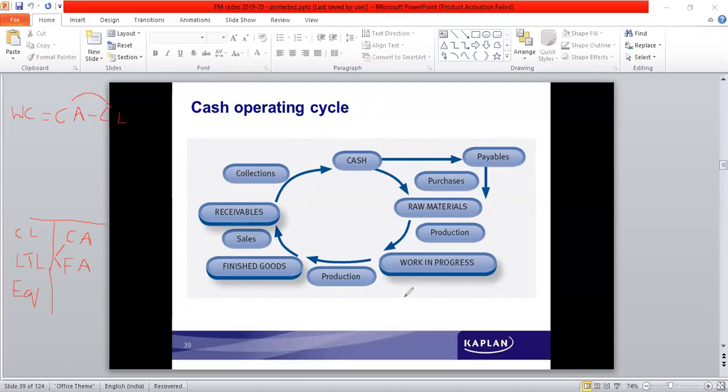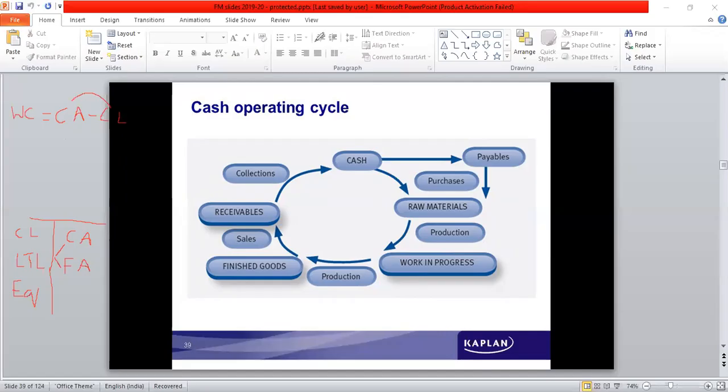Current assets are those assets which get converted into cash in a period of 1 year or operating cycle, whichever is longer. So during that period, it becomes possible for the current assets to be converted into cash. So whichever is longer is taken as criteria. Why are we saying longer? Some of the industries which are into manufacturing heavy machinery, equipment and all, the manufacturing process itself goes more than 1 year. So whichever is longer, either 1 year or operating cycle, will be taken as the criteria to define what are current assets.